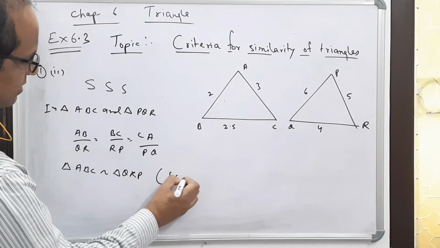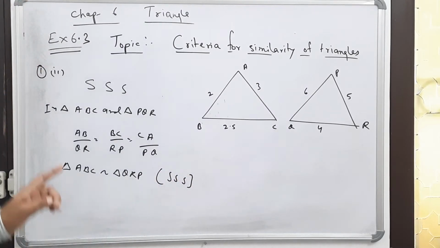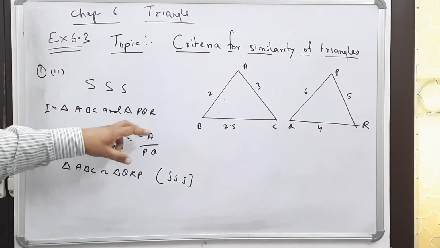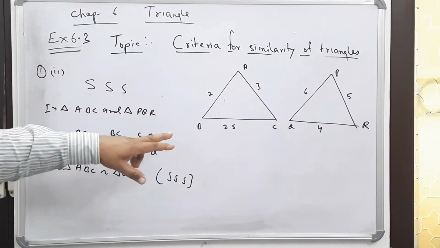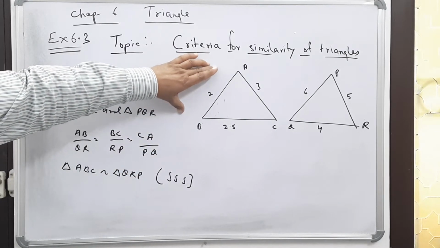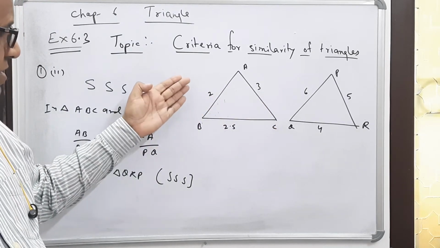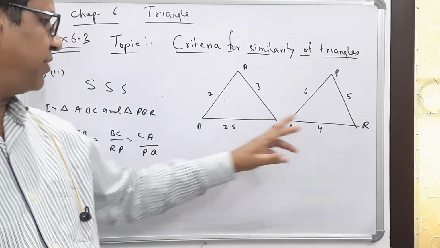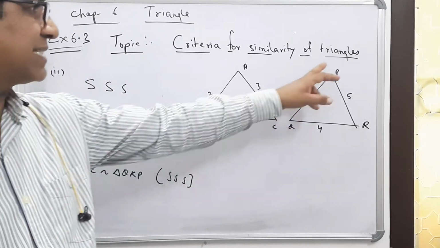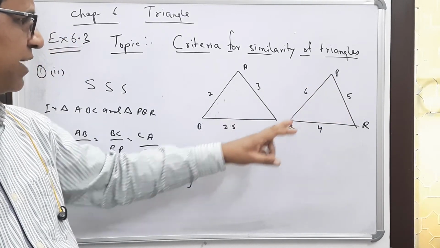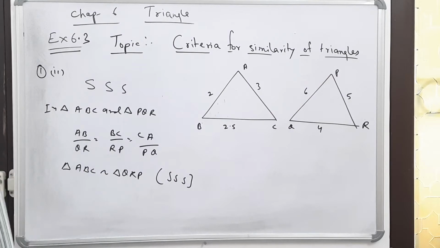And which criteria? Side. Here it is an important part: you might write PQR, but when we say AB, then PQ is not proportional to AB. Which side is double of AB? It is QR. Which side is double of BC? It is PR. Which side is double of AC? It is PQ. So we take the corresponding sides. That is the important part in this particular sum. So that is the second criteria, and it is side.